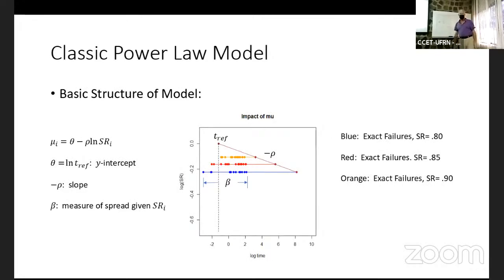Here's a plot of what's going on. And the reliability engineer for whom I am working calls this a deceptive plot because it's not how he thinks about the plot. But that's because he's thinking about it in terms of probability and not understanding how those parameters fit into the probability calculation.